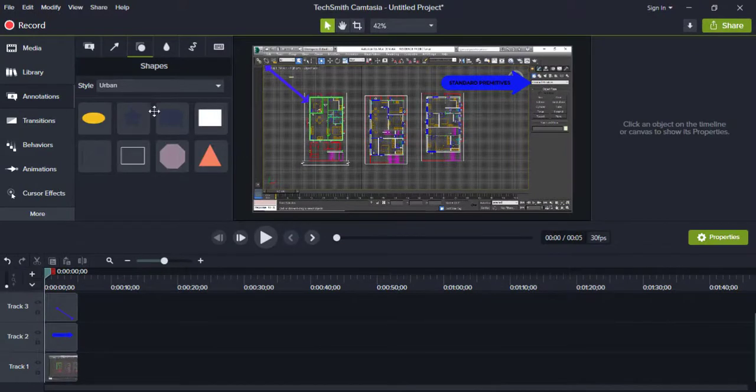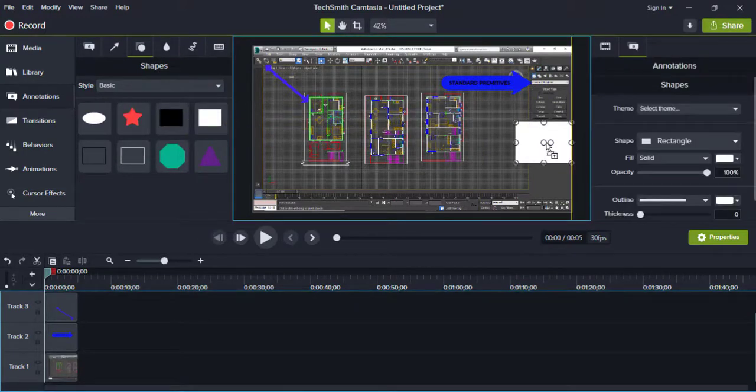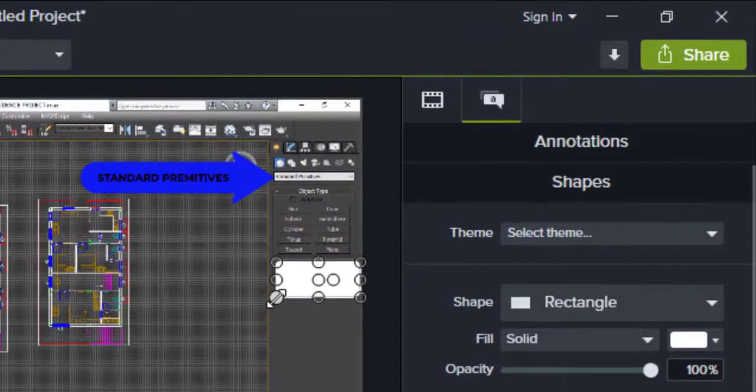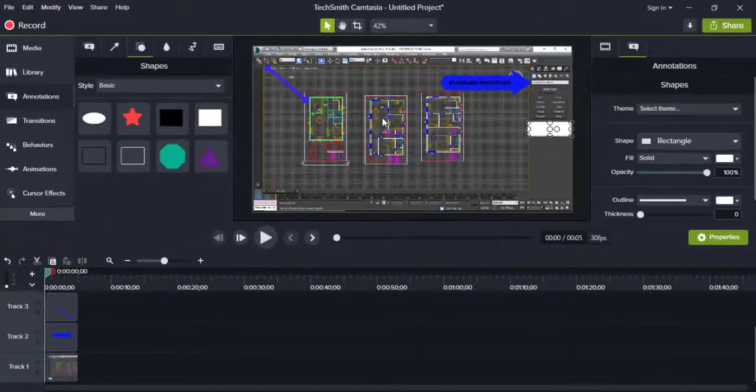Now there are some shapes and there are some more categories to it. You can just choose any, and let us suppose I have to hide this part as of now. I can just go and place this here and hide it. Also it can be used if you want to add some extra text in your own manner other than these arrows. You can just take your box, place it anywhere you want, and add text to it separately.